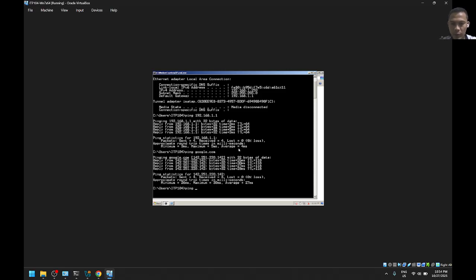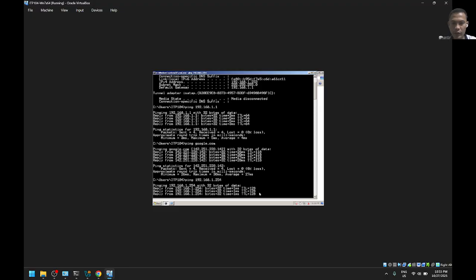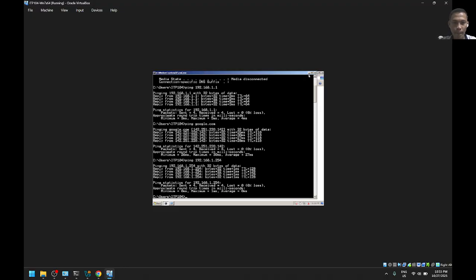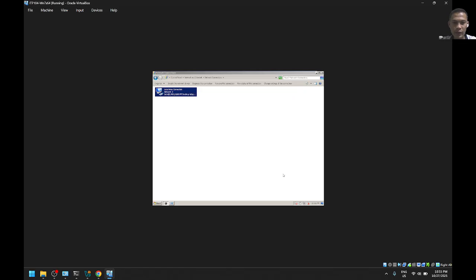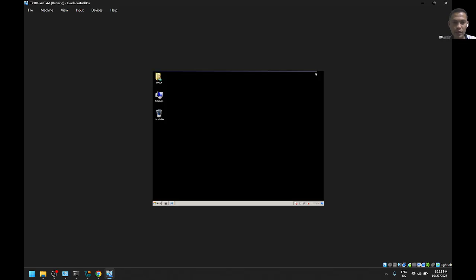Now we'll try to ping our base OS IP, 1.254. It responded, which means that our base OS and our virtual OS can now communicate with each other. They are connected. We'll try vice versa.